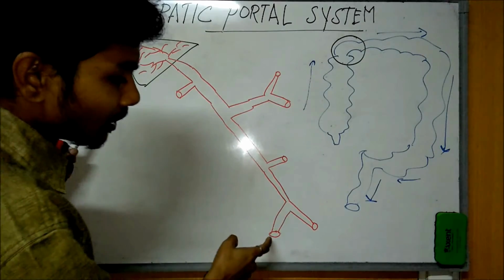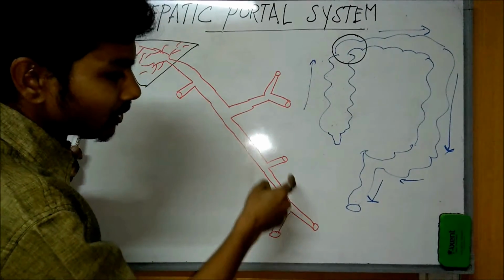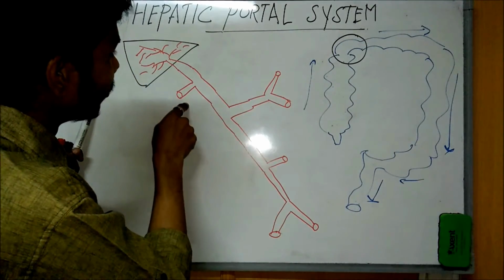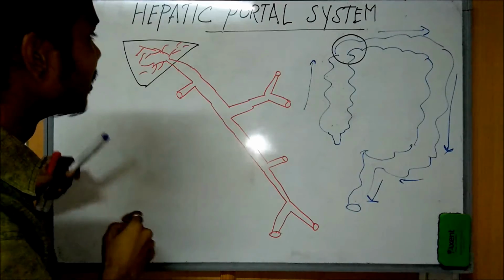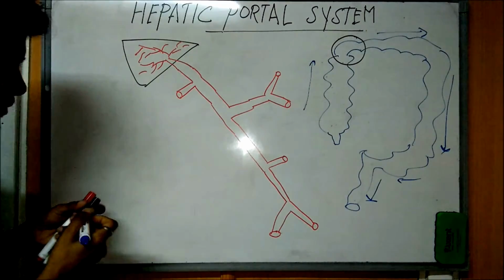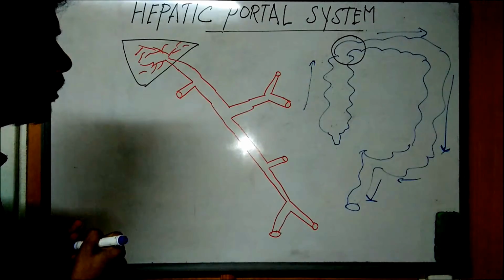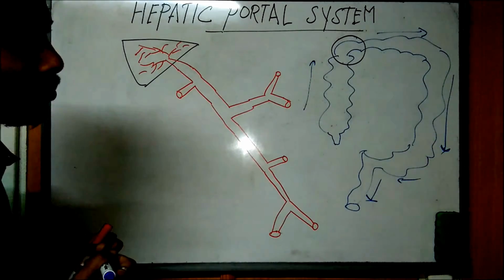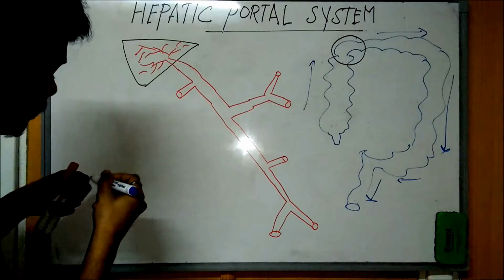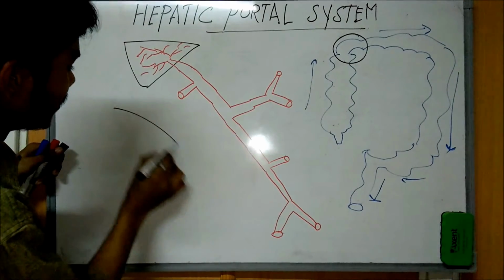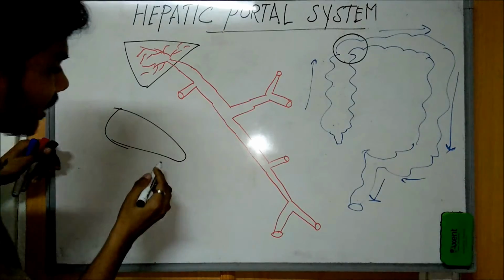So superior mesenteric vein, splenic vein, gastric vein, and then pyloric vein, which drain into the liver. So when you turn back the liver, when you look at the liver from the posterior aspect,